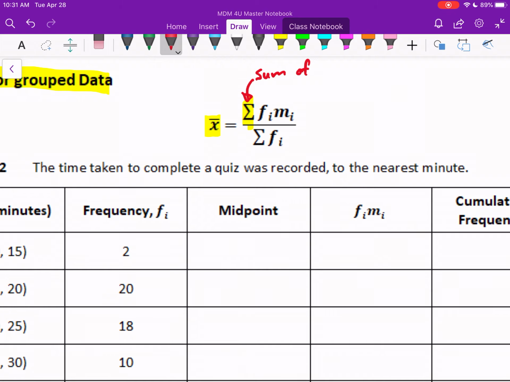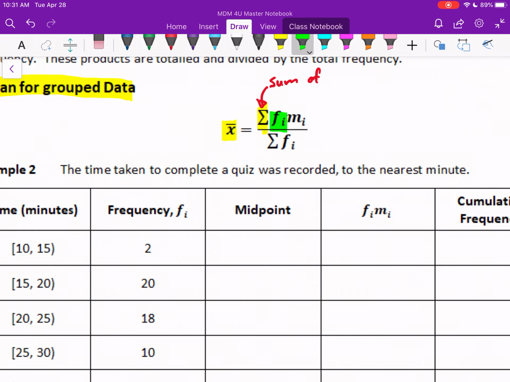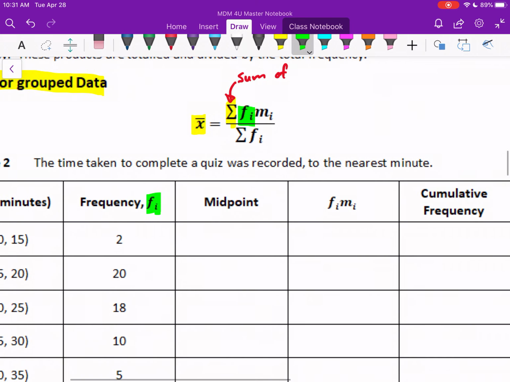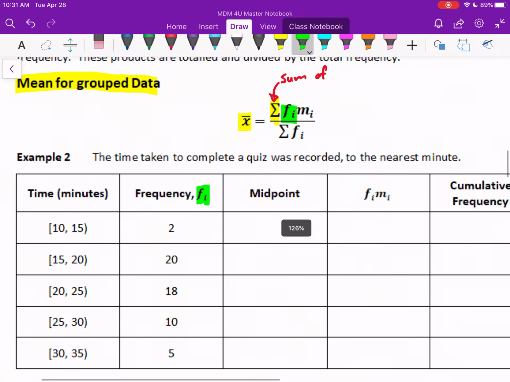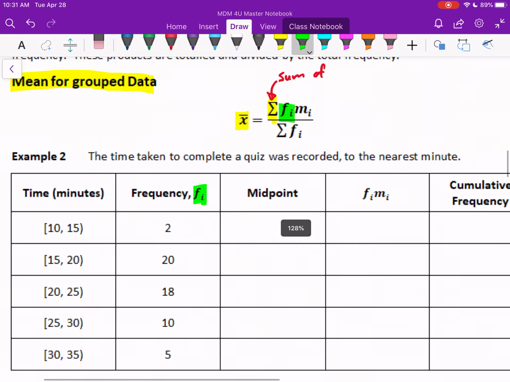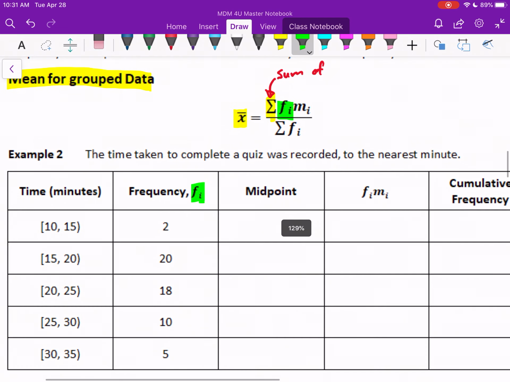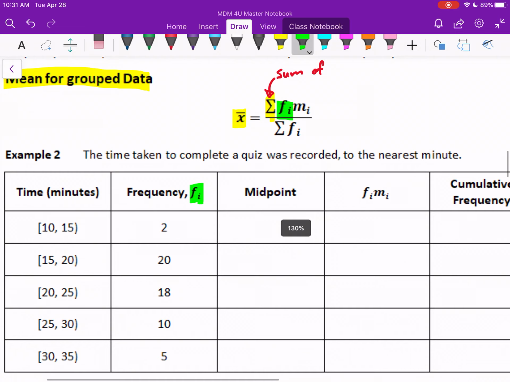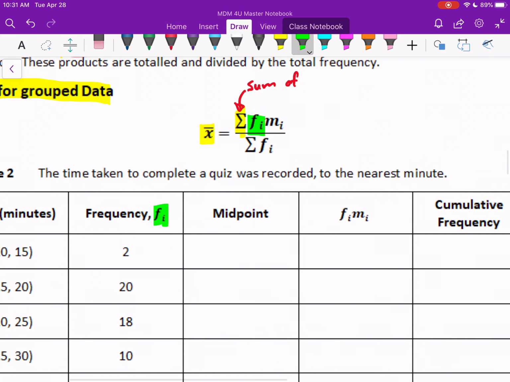and then we have f sub i. So you can see f sub i is here in the table. It's just the frequency. In other words, the number of pieces of data in this interval. And again, i can be 1, 2, 3. So interval 1 would be 10 to 15. Interval 2 would be 15 to 20, and so on. So sum of the frequency